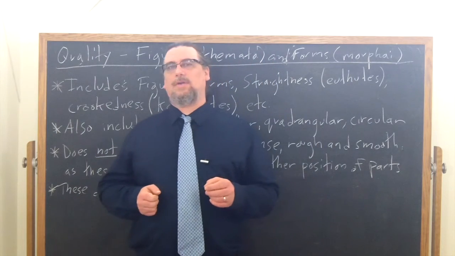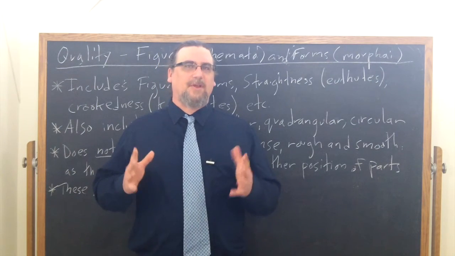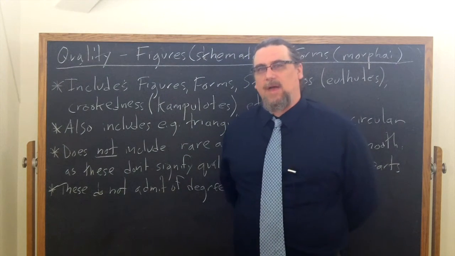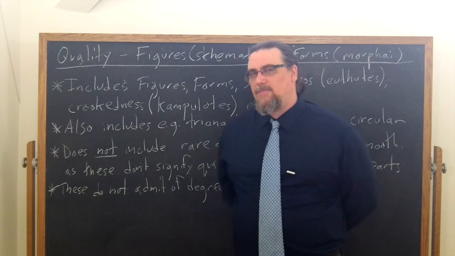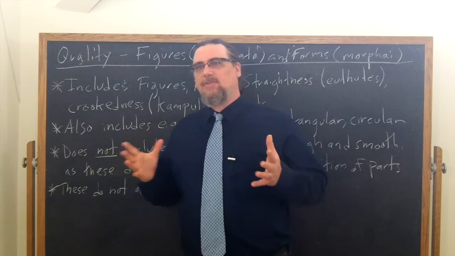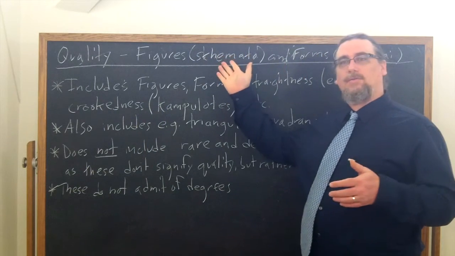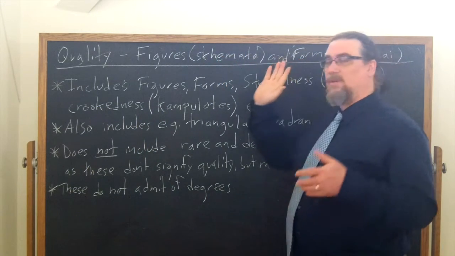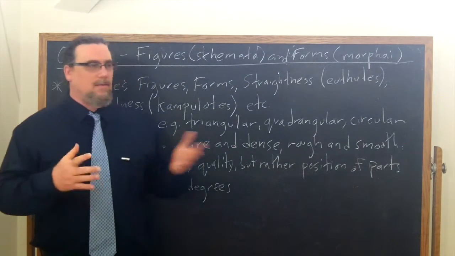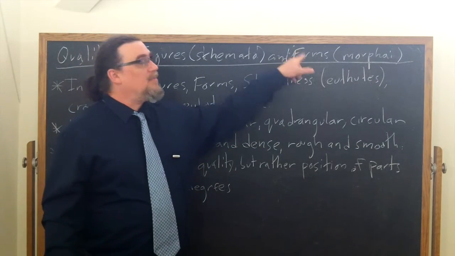In Categories, Chapter 8, Aristotle distinguishes 4 distinct types of qualities. That's the subject matter of that chapter. And the 4th type that he distinguishes, he places under the rubric at first of the figures and the forms, the schemata and the morphi, the different word that he's using there than, say, Platonic forms, the forms of things,